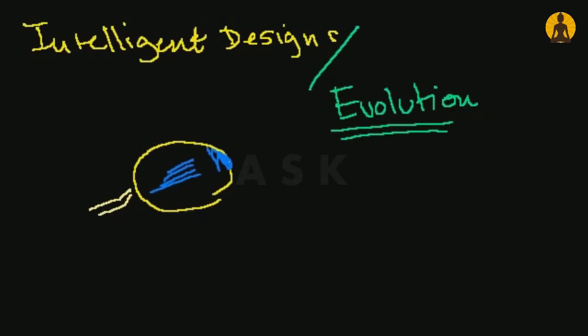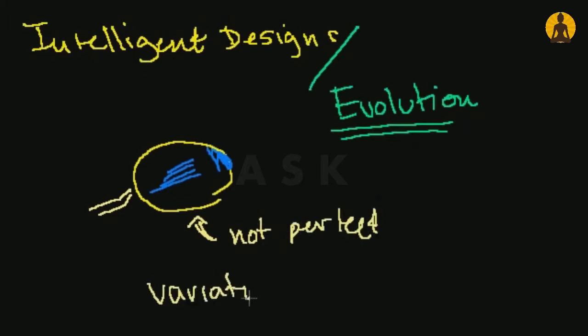In fact, all evidence shows that the human eye is not perfect, and that there is variation. We all know some of us are nearsighted, some are farsighted. We have astigmatisms. It degenerates over time. People develop cataracts. There's a whole set of things that can go wrong with the human eye. I'm not using that as a rebuttal, but I'm just showing you that there is variation even in what I believe is truly an amazing piece of biology.